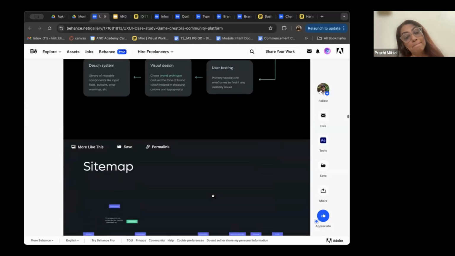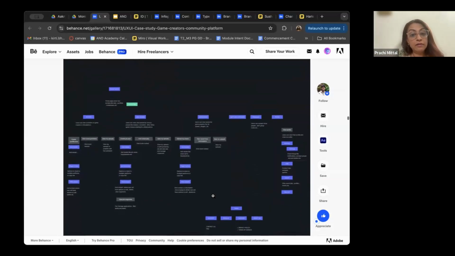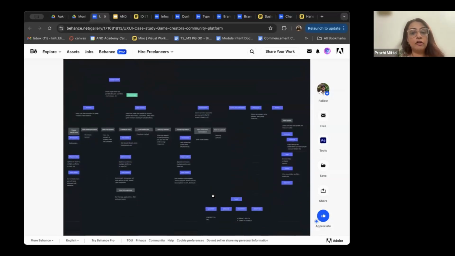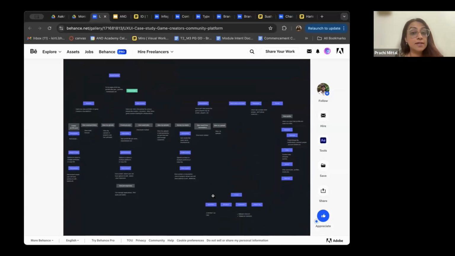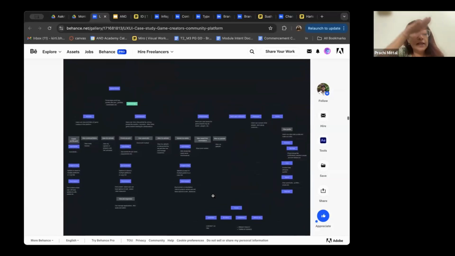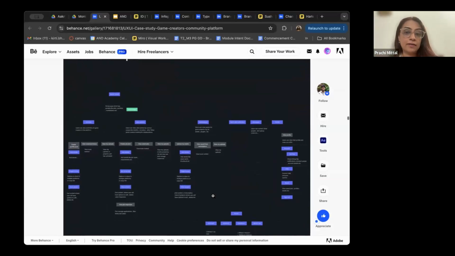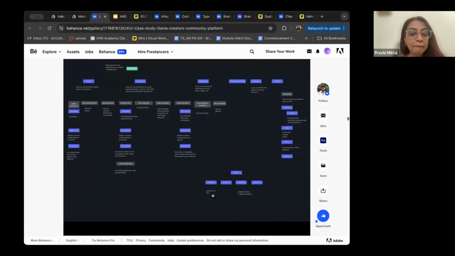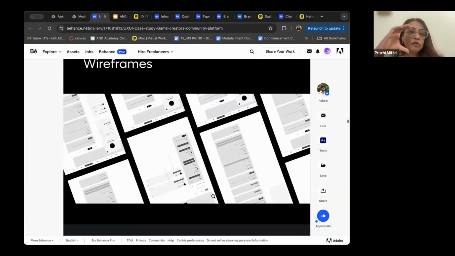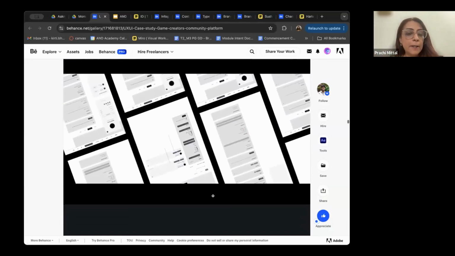Let's continue. So UX designers do a lot of these kinds of flow charts. So this is his sitemap. What are the different pages, and under each page, what is going to happen? And then from one page to the other, which page is going to be connected to which page from where, right? So this is where he's doing that plan. Let's continue. And then you start visualizing screens bit by bit, right?